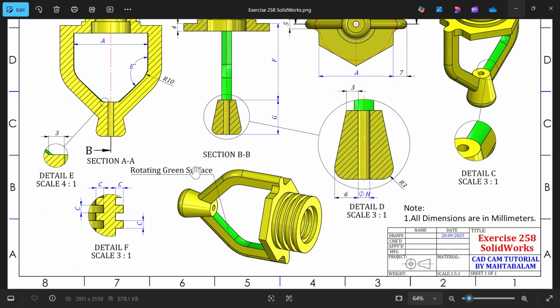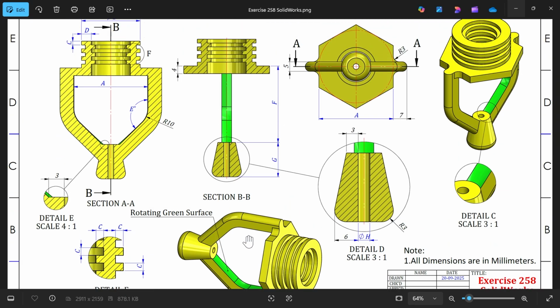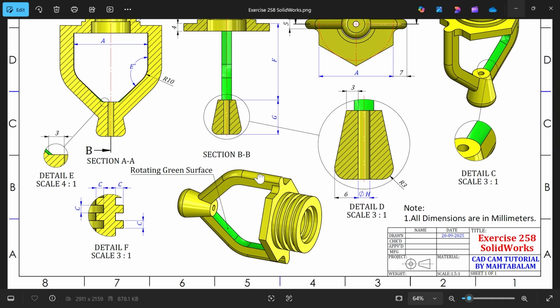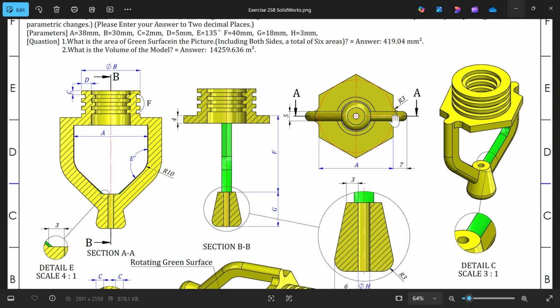Now, let's start with the base. In this base you will see 3 millimeter diameter H. H means 3, 6, and this is R3. This we will make. Then we will make this rib. This rib is in circular shape. You will see here